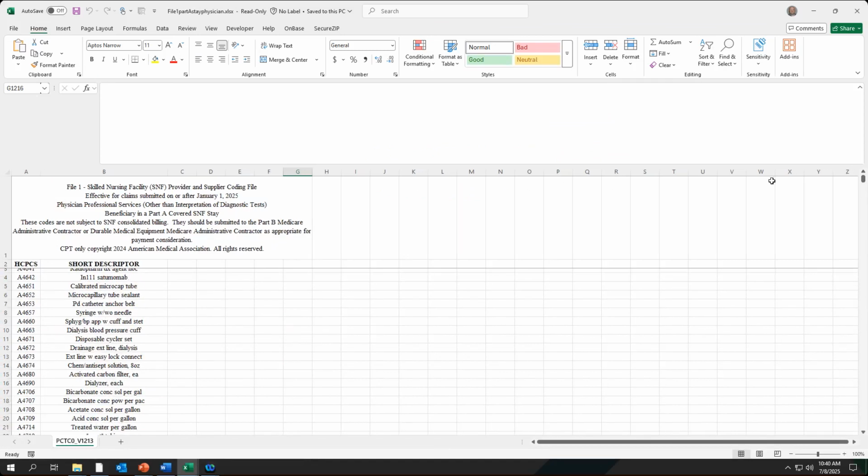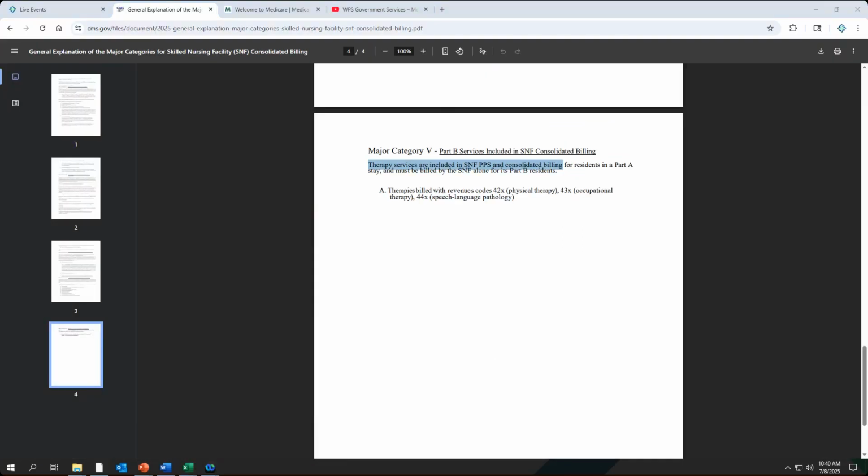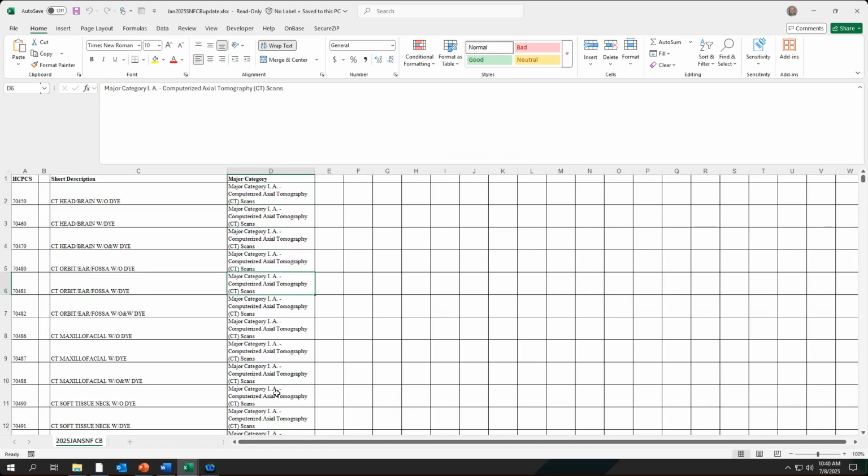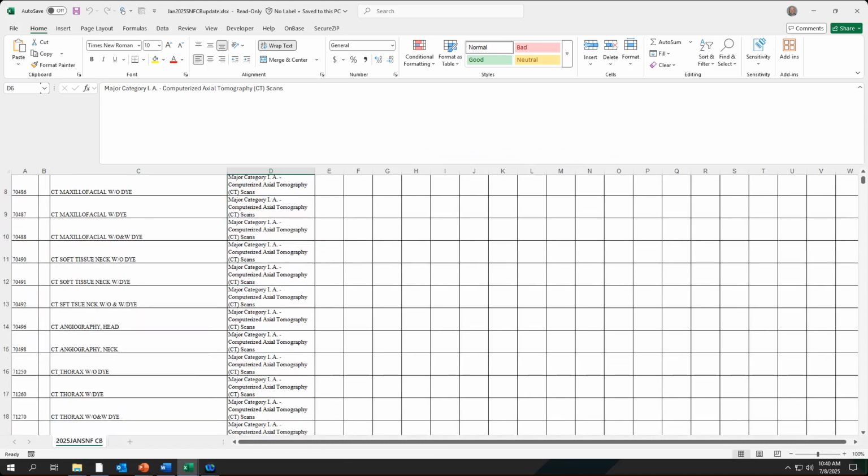Oh, nope, sorry, I opened the physician file one. Not the correct file. We want this file. Now this file, you'll see it actually lists the major categories. You can pick any procedure code you want. So one of the procedure codes that I was asked a question on is